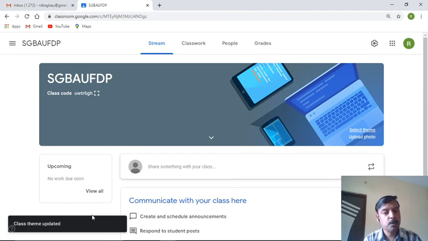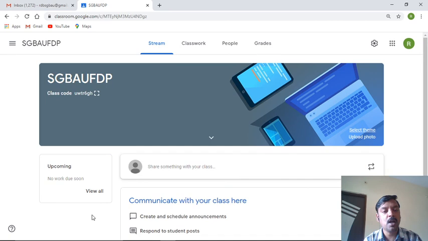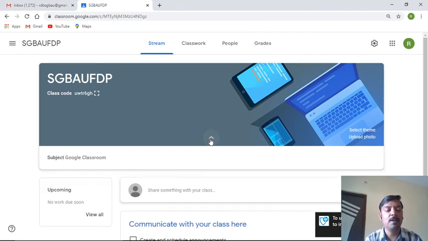I hope at this moment you must have got the idea of how to create a Google Classroom. Creating a Google Classroom is a simple task. You have to click on these 9 tools provided by Google. Under that, you have to choose Google Classroom. Once it has been chosen, you can create your class by clicking on the plus icon. Once the classroom has been created, you put in the name and all the details. This is the simple way you can create a Google Classroom.